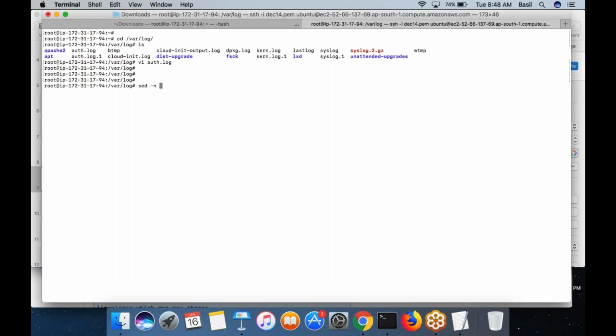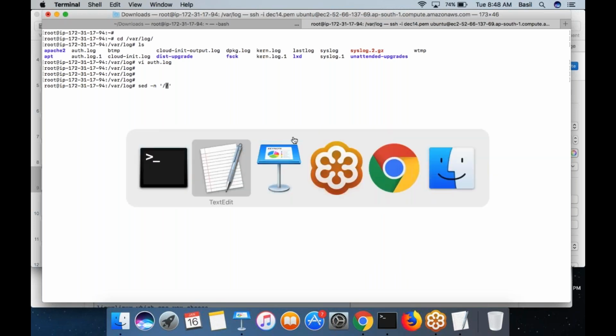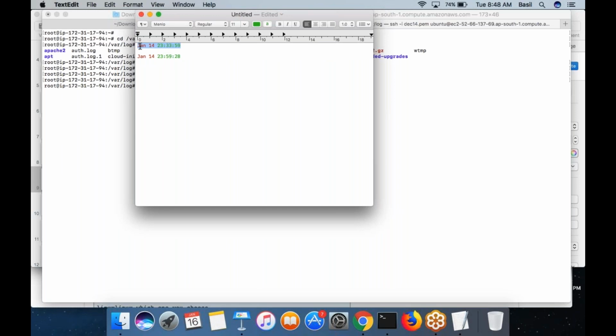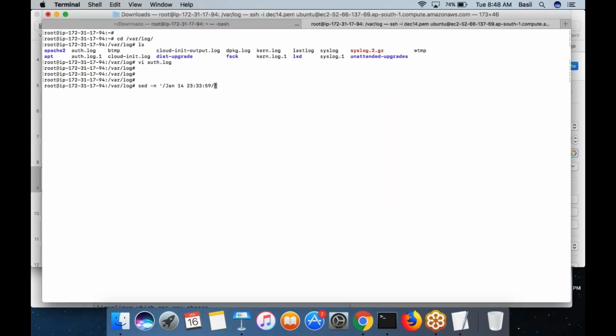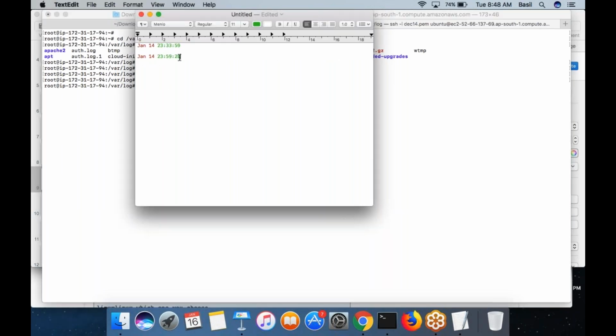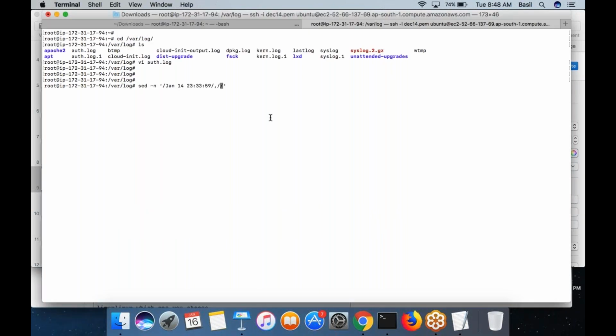So what I want to do, first you put the first pattern in the first delimiter, put a comma, and in the next delimiter you put the second pattern. Right? So in between this pattern and this pattern, whatever is there would be printed.